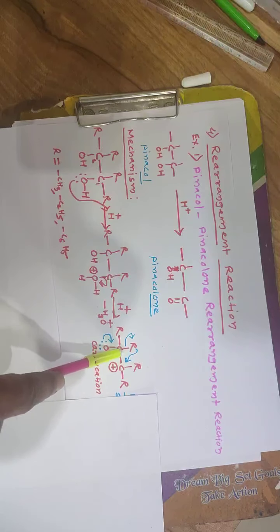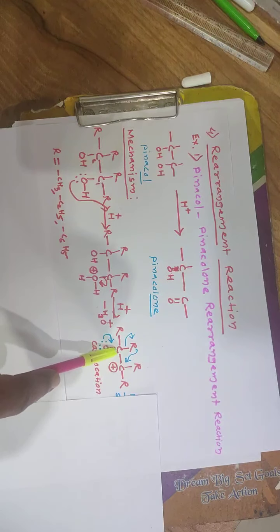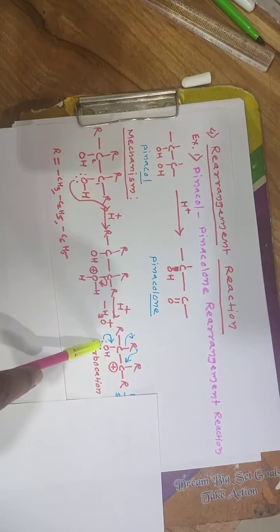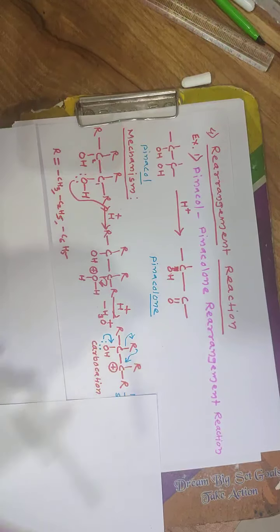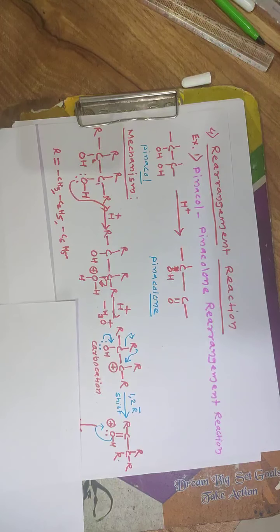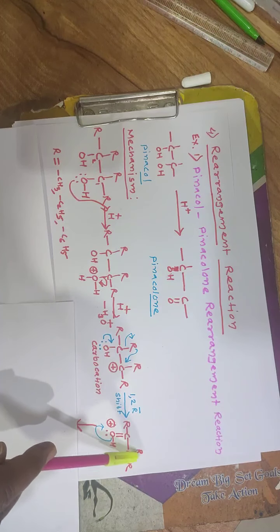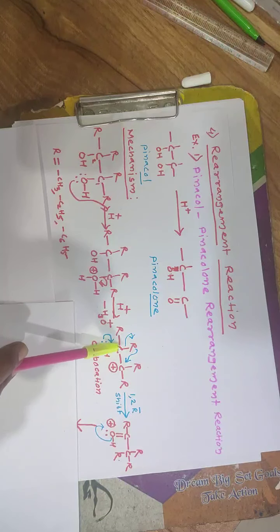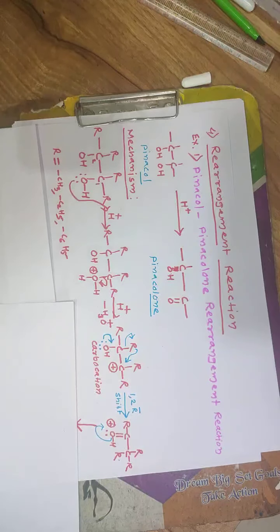As C becomes positive, the lone pair on the oxygen is involved in delocalization, forming a double bond between the carbon and oxygen, and as one of the lone pairs is involved in delocalization, oxygen carries a positive charge. So in this step you get such a type of compound. This carbon shifts here, this carbon, this R, and these are the two R, 1 and 2. As there is a formation of a double bond, and oxygen carries a positive charge, you will get this.